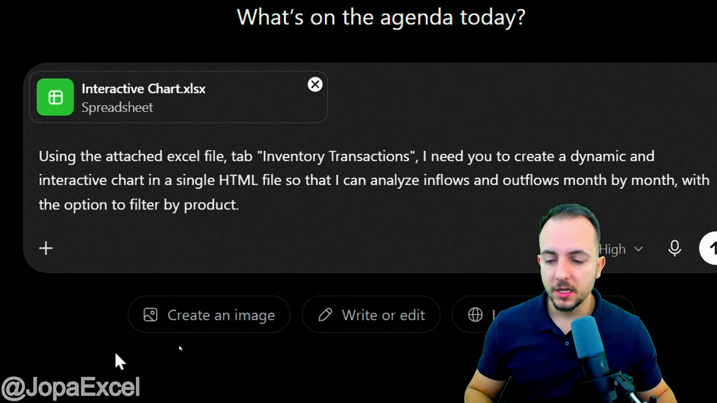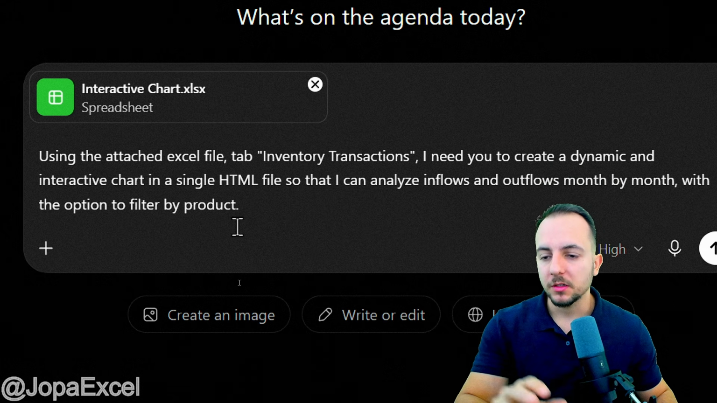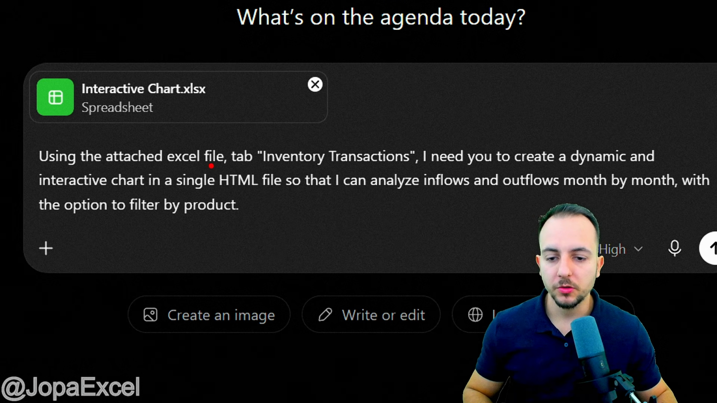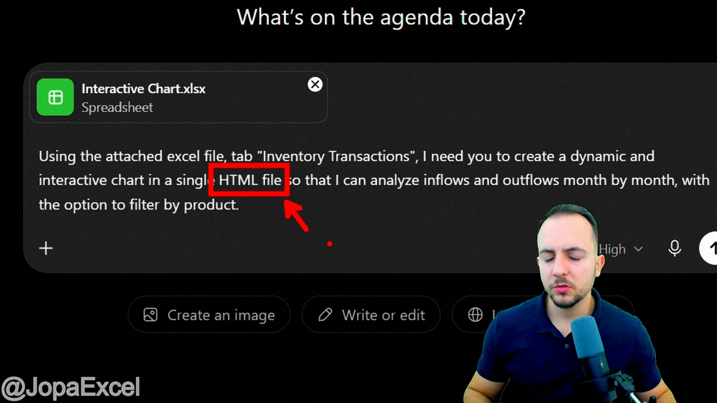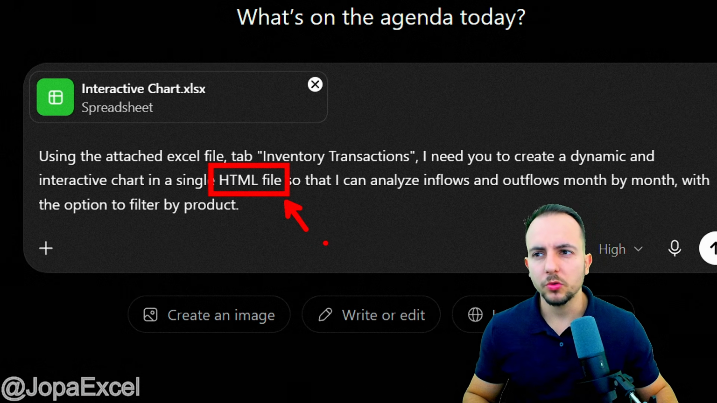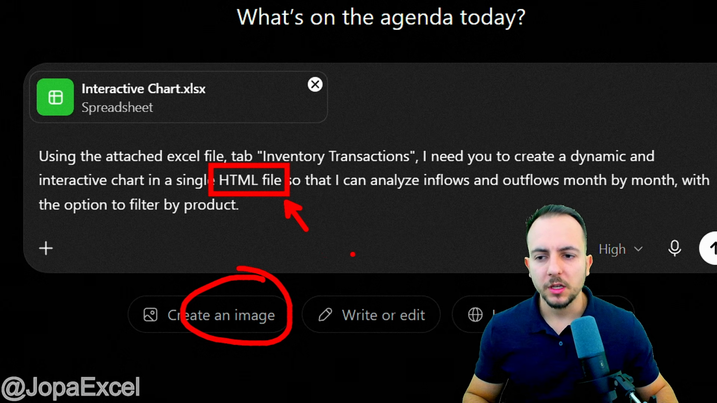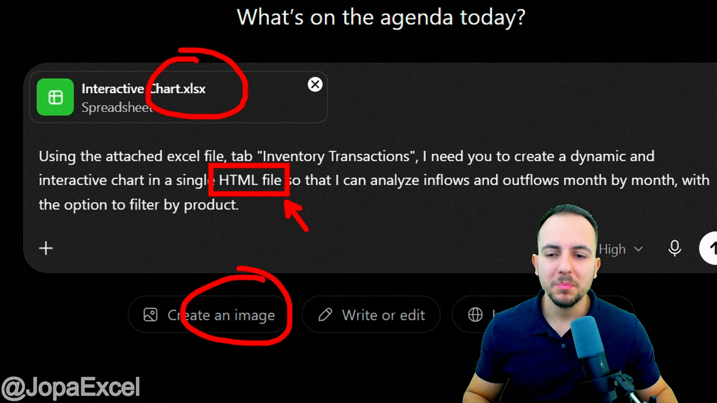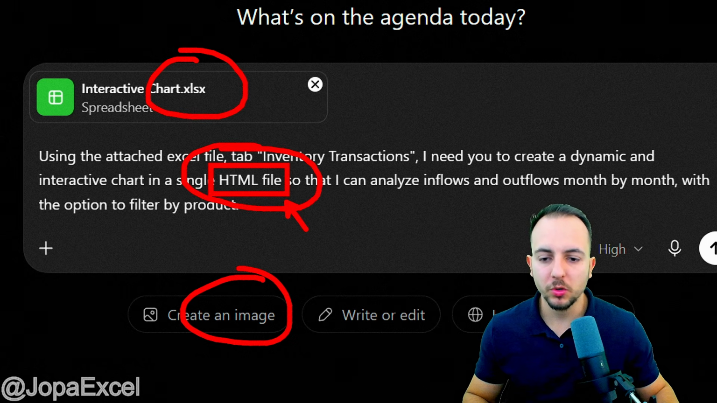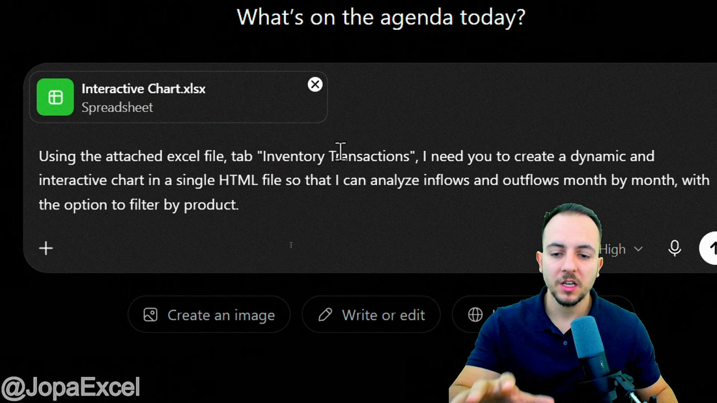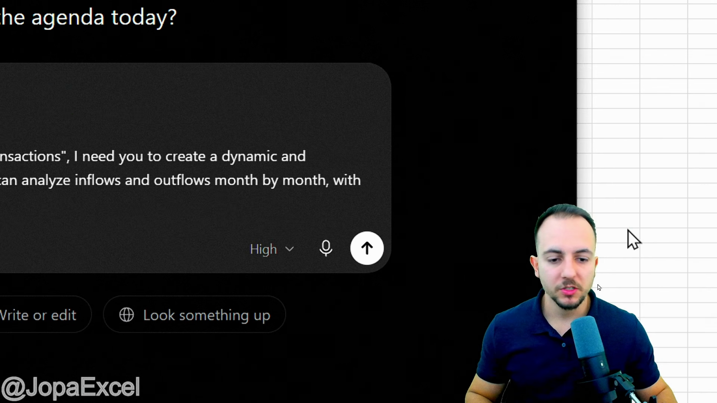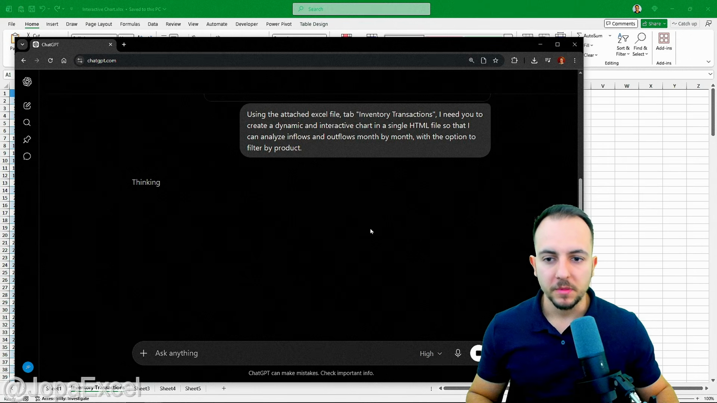Okay, my prompt is ready. I'm going to explain to you guys line by line why I use each word, and also why I use an HTML file, why it's important to use an HTML file, why I cannot do an image, why not an Excel file itself, why not a TXT file, a PDF, etc. Why I think this type of file is the best one, okay? But before I explain anything, let me just send this prompt because ChatGPT can